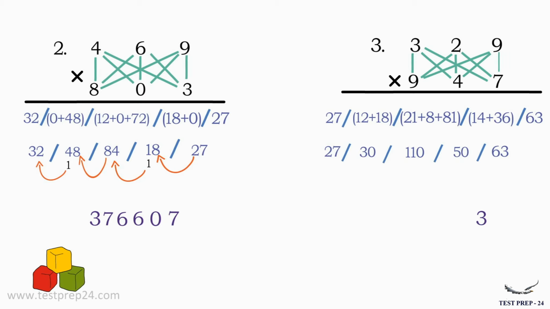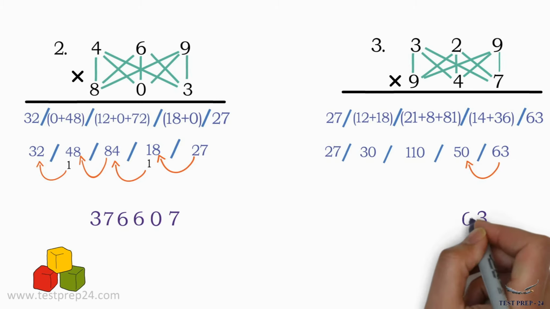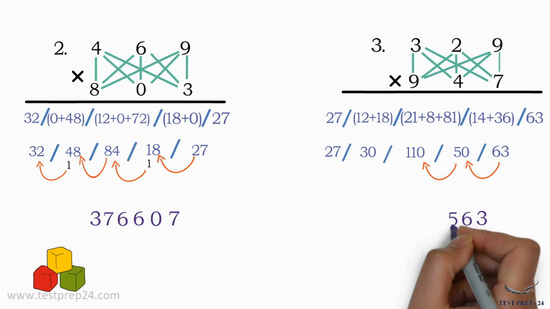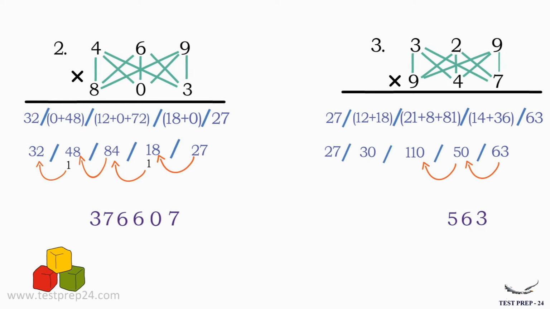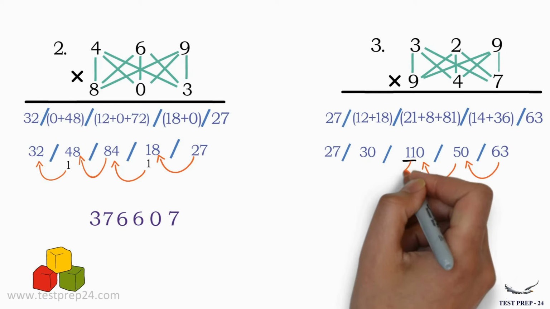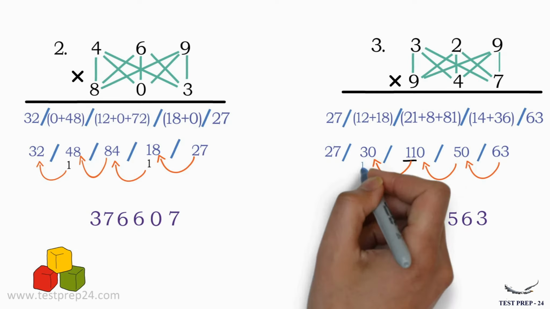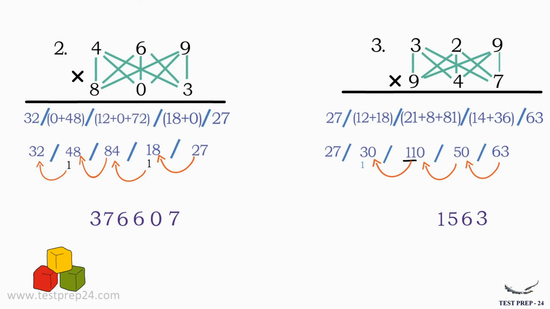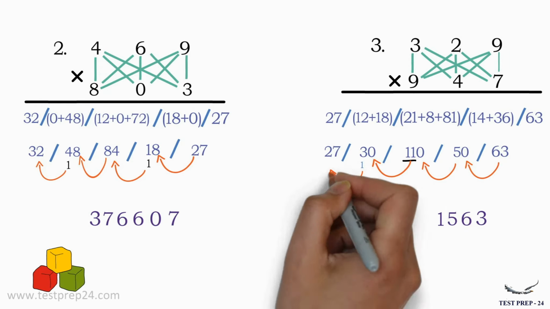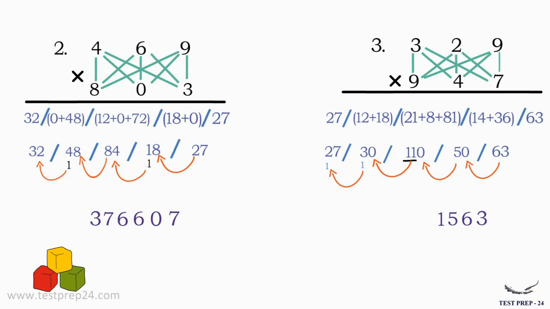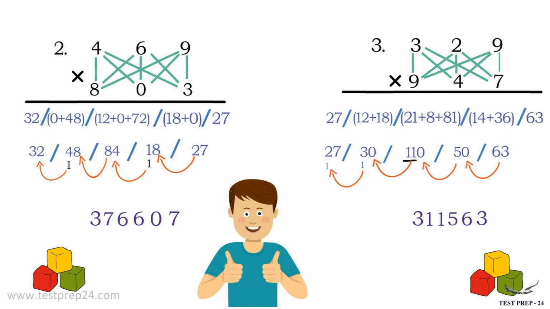Same thing, whenever you have an extra number you will shift it to the previous number. So 3 will be here and 6 will be shifted to the previous number. So 6 plus 0 is 6. Then 5 is extra here, 5 will be shifted to the previous number. 5 plus 0 is 5 and 11 will be added to 0 and the sum is 11. So place a 1 in the answer and 1 will be carried to the next place. And 3 plus 1 plus 7 is 11. So write 1 and 1 will be carried and 2 plus 1 is 3. So your answer is 311563.